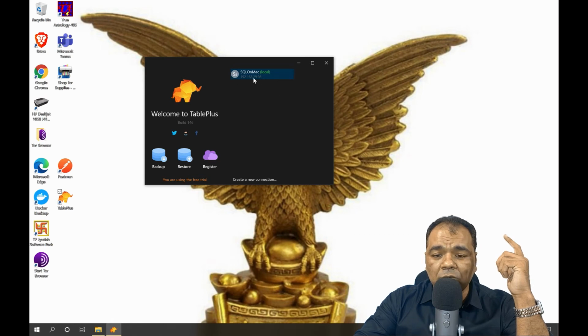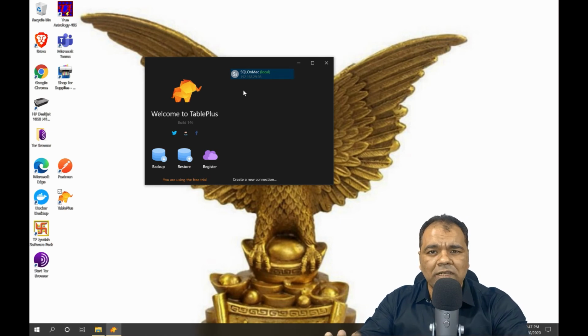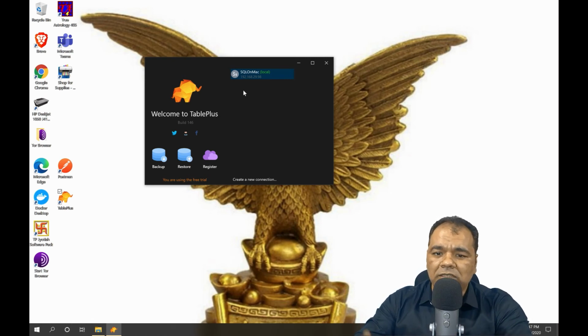Since I have to connect to my MariaDB connection, let me show how I will connect to it. Basically, I use containers to run databases so that they are pretty much isolated. I have two database servers running by default on my Mac, one is MariaDB and one is SQL Server. I just showed you SQL Server. Let me connect and show you MariaDB.